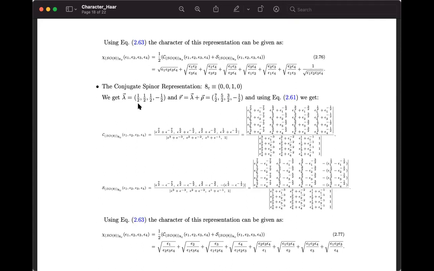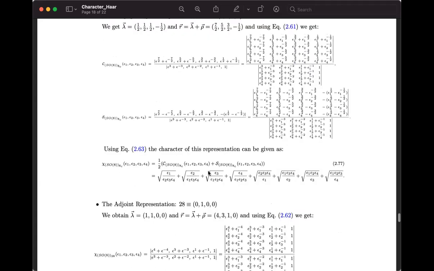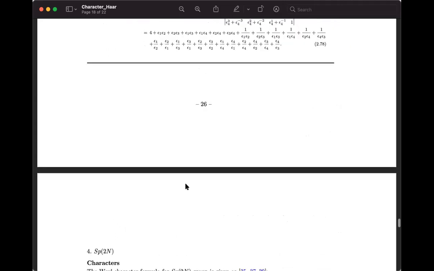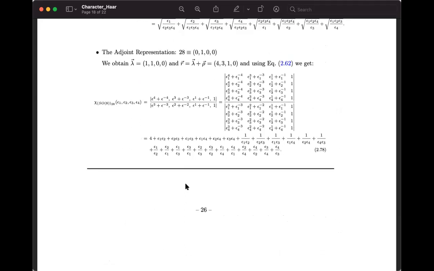Now there's another representation, which is the conjugate spinor representation. Here also the dimension is 8, but the Dynkin label is 0, 0, 1, 0. So we have to calculate both C and S because lambda n is not equal to 0, and the character is the average of these. Again, if you go to the adjoint representation and calculate lambda n equal to 0, the character will be defined by the C function only, and so on. So, depending on the characteristic of the representation, the Dynkin label, and the derived value of lambda, we have to identify which formula to use: C, or the average of C plus S.